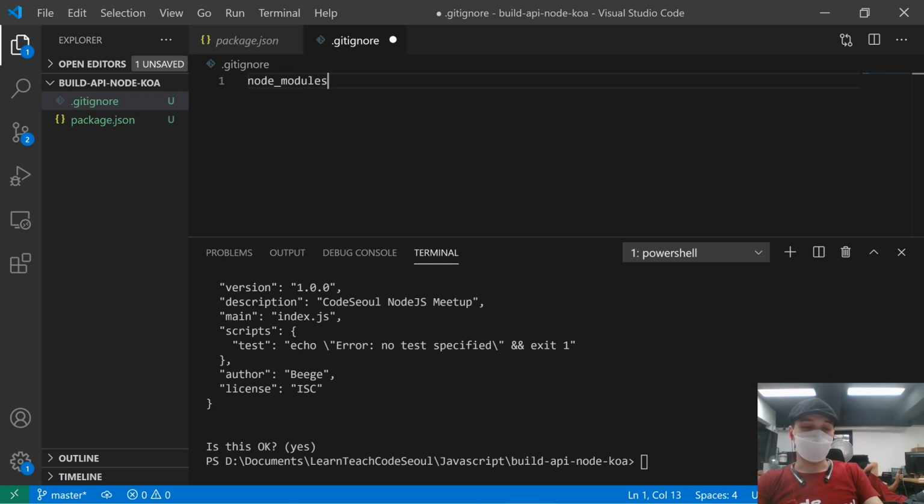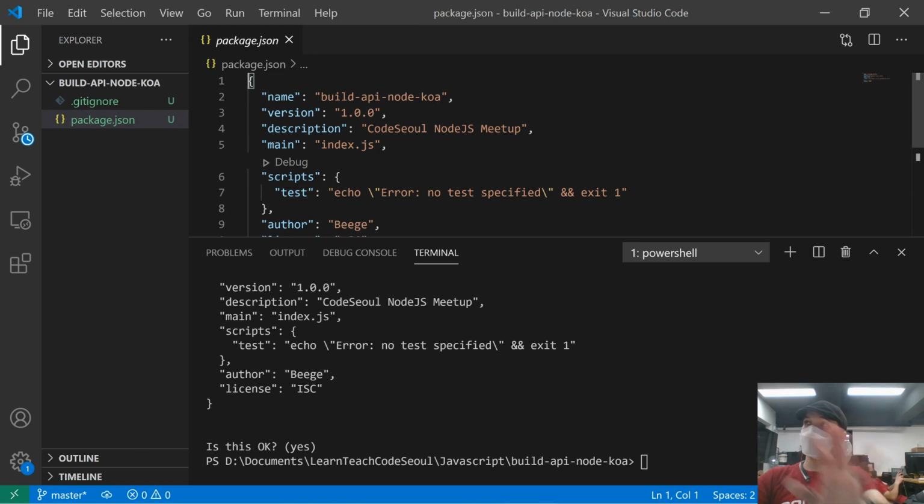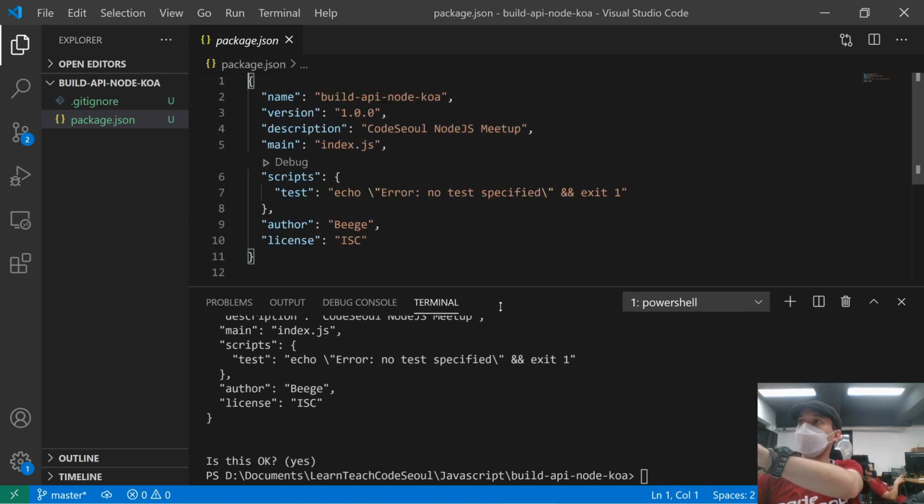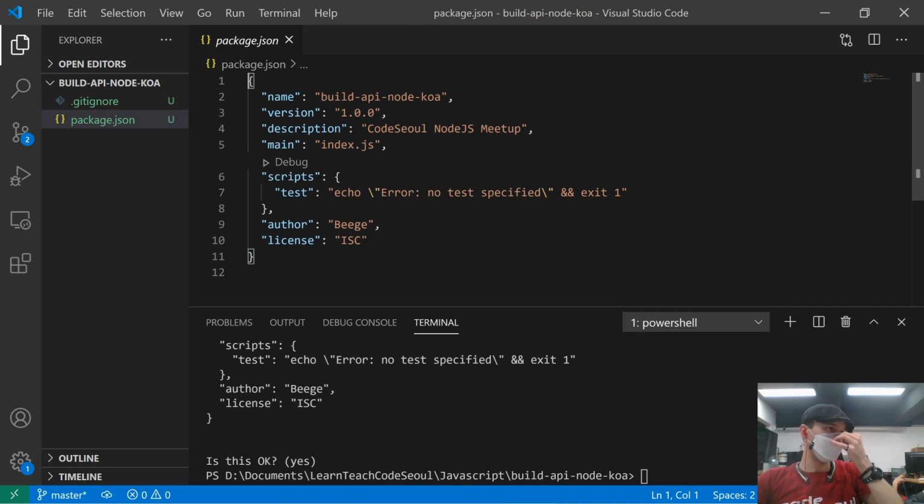And if you're not super familiar with VS Code, you want to do Control-S to save. Okay. Now, again, if you're not familiar with VS Code, if you change the file, you'll see this little white dot up here. And that means you have a change, but you haven't saved it. So if you see the white dot, hit Control-S. When you hit Control-S, it goes away. All right? Cool. So we have our package.json, which basically tells Node what our project is, okay, and how to